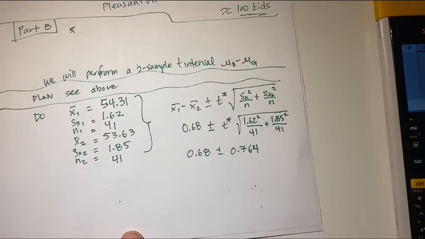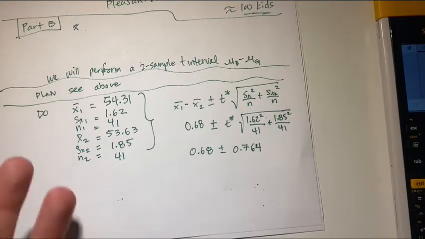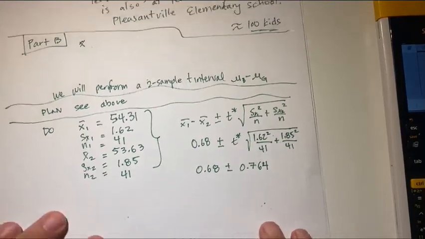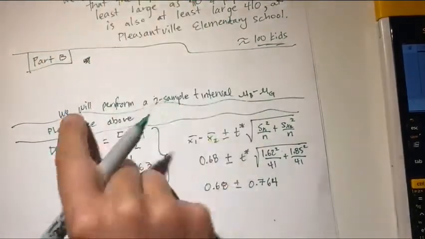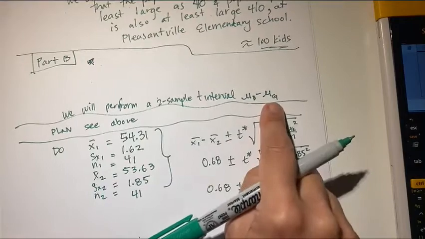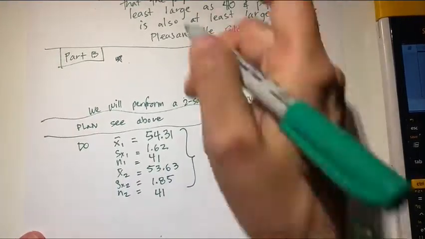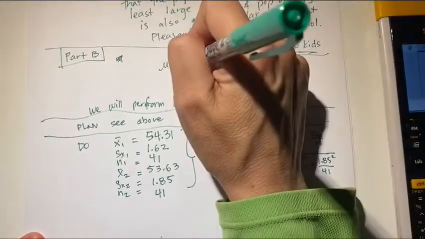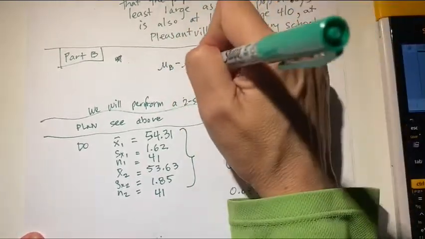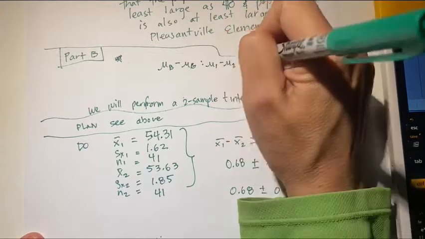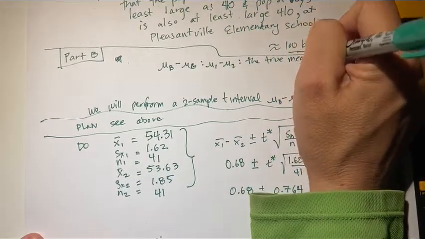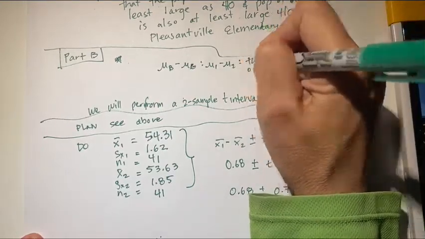Okay. So I state, plan, do it, but you're like, wait, I didn't do my state. What is it we have to do? Well, if you really are performing a 2-sample t-interval, then you need to state what this is. So mu b minus mu g, and again, you could have stated it 1 minus 2, is the true mean difference of,